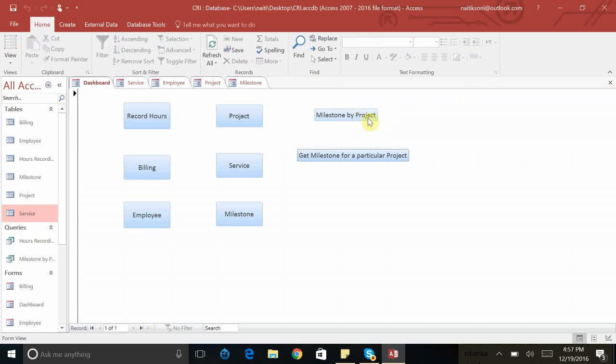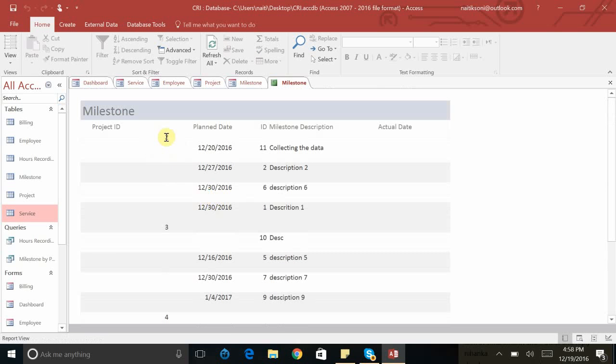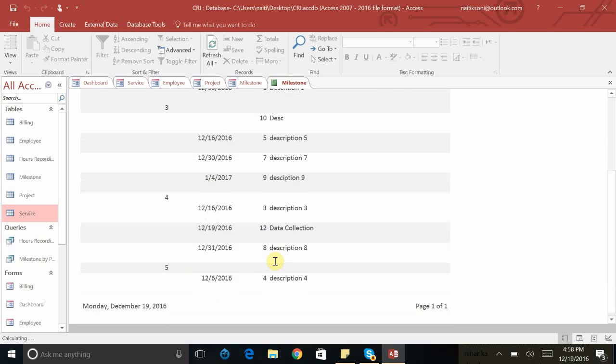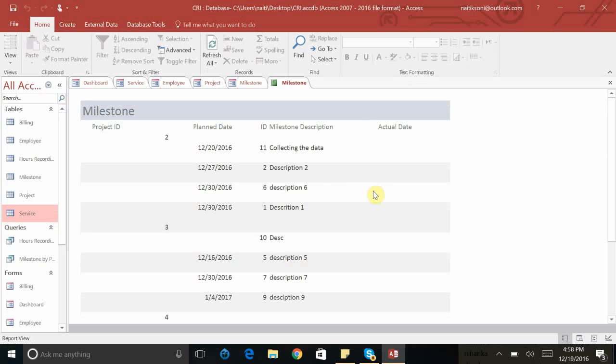Similarly, this milestone by project, suppose Neil sometime wants to see how many total projects we are working on today, he can create this milestone by project, and he will get a report. This report tells you for project 2 these are the milestones, for project 3 these are the milestones, project 4 these are the milestones. So I've grouped by project ID for this report. So you can create multiple reports. This Access gives very good